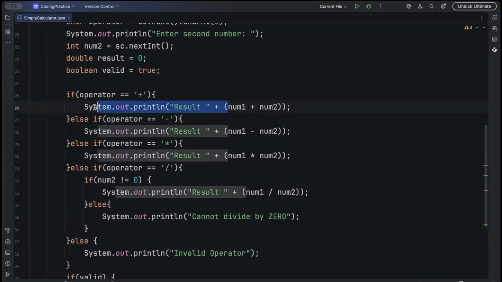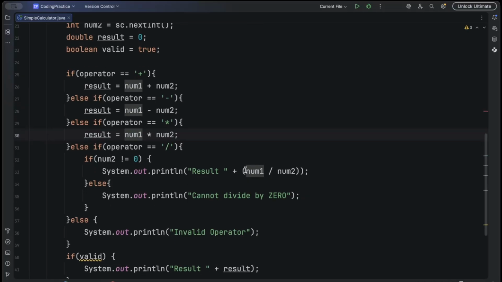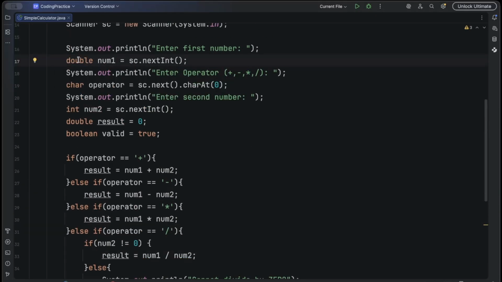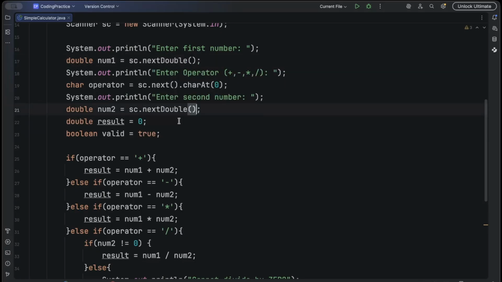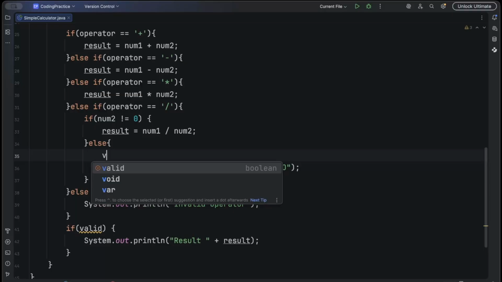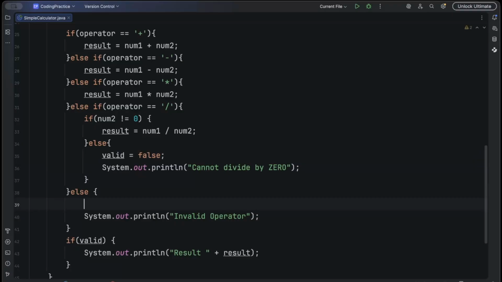So here what I'll do, I'll just change all the print statements and add it to the results here, something like this. Okay, and only if in this case we are also making valid as false. So in this case I don't want to print the result, right? So even in this case,